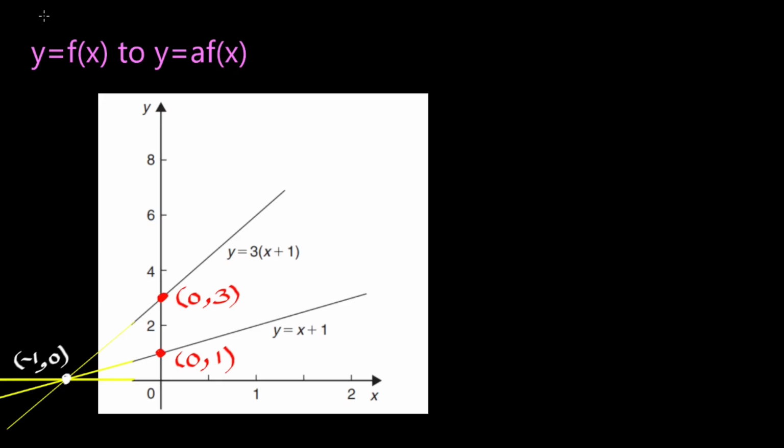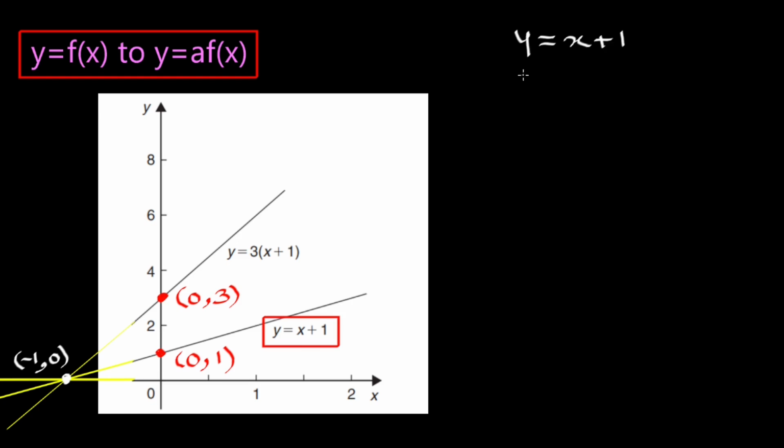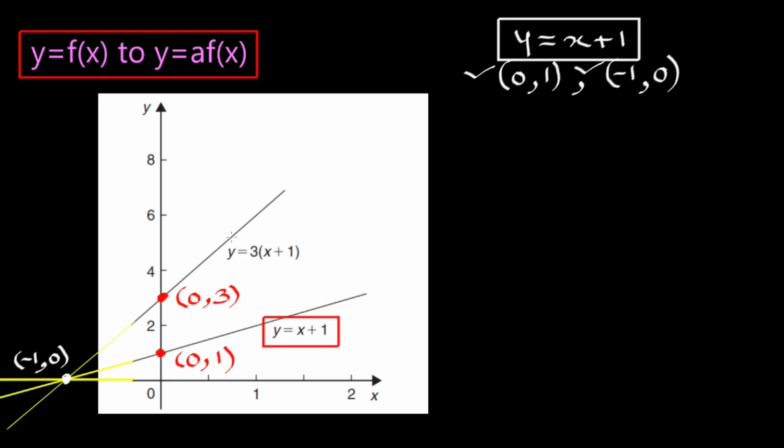Here we will see how we can transform a curve of y equals f(x) to y equals af(x). Here y equals x plus 1 is the original straight line, which can be plotted by putting first x equals 0, so y becomes 1, and after that by putting y equals 0 so that x becomes minus 1. Now by joining these 2 points (0, 1) and (minus 1, 0), we can sketch this curve y equals x plus 1. We can also sketch the straight line y equals 3 times (x plus 1), where scale factor a is